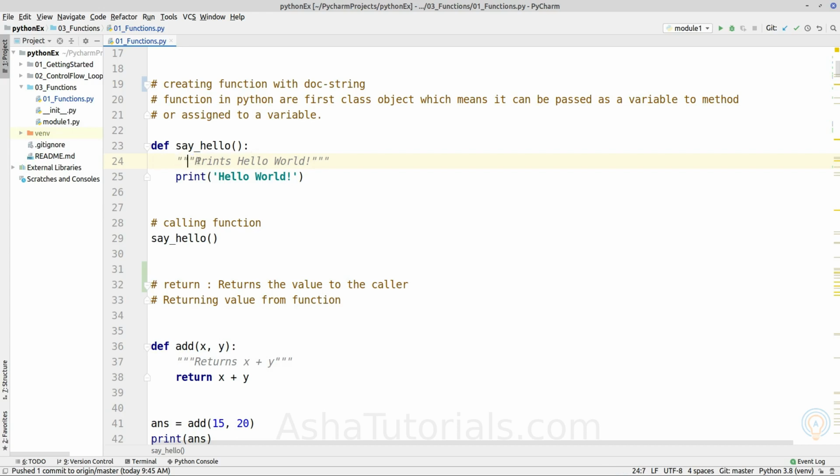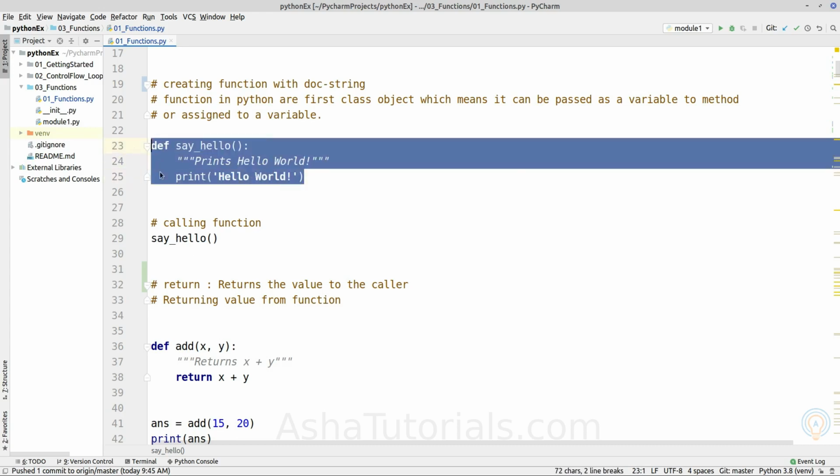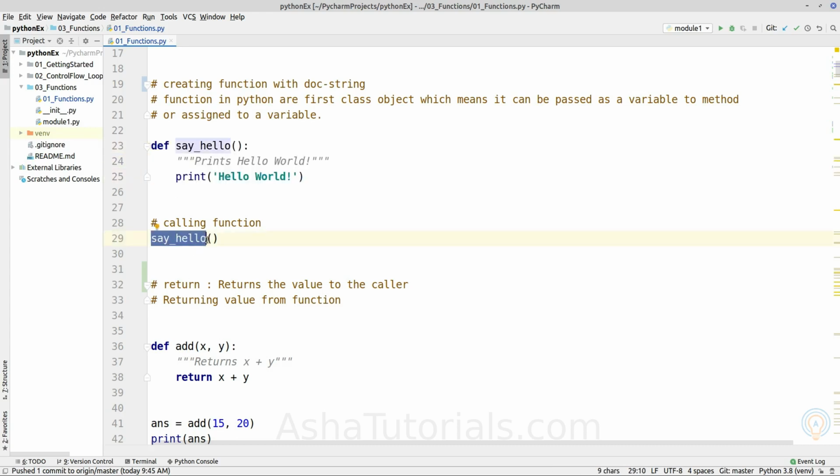So here we have written a multi-line string, and inside it we have written what the function does. So this function just prints hello world. Okay, so this is the function, and we will call it with name and brackets. Still we are not passing any argument, so it should print hello world.